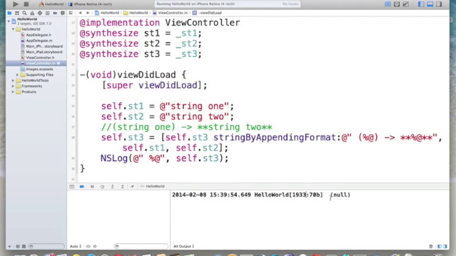And we'll get null. Why is it null? Because we haven't initialized st3, and it is nil now, or null. In Objective-C we call it nil. And sending a message to a nil object in Objective-C doesn't throw an exception. It just does nothing. So it's not good to do nothing. We're not programming for doing nothing. So we have to